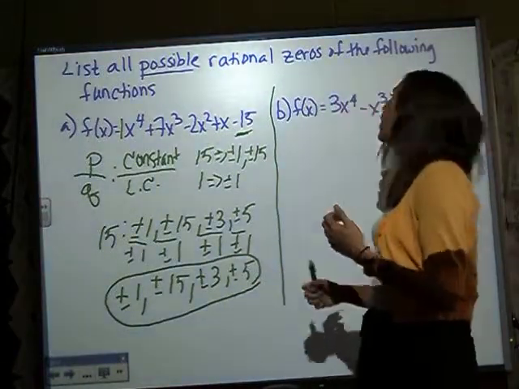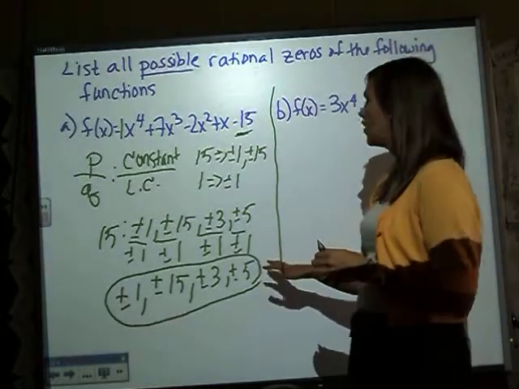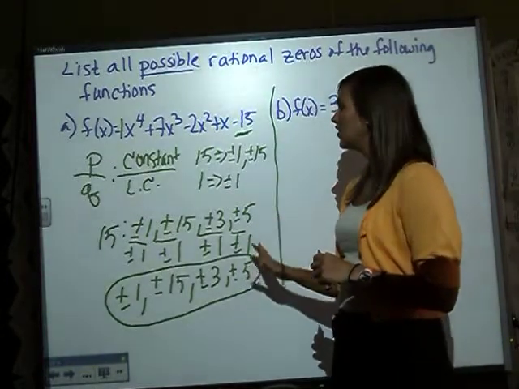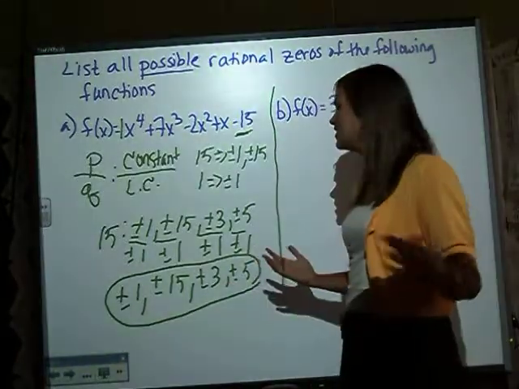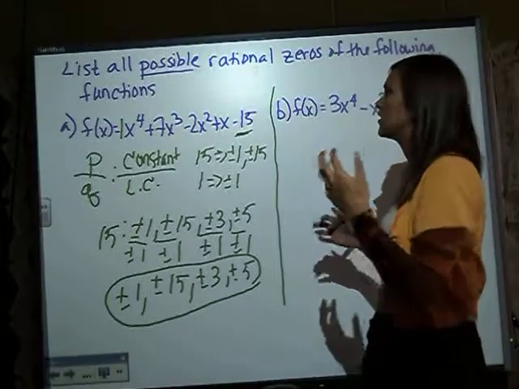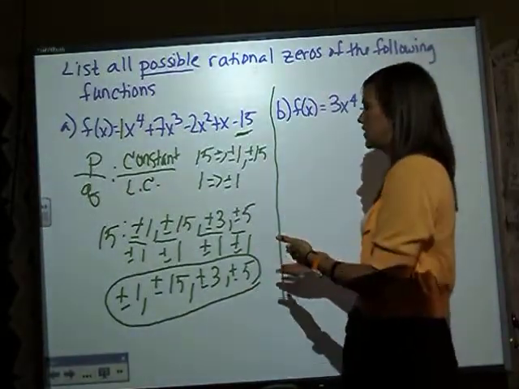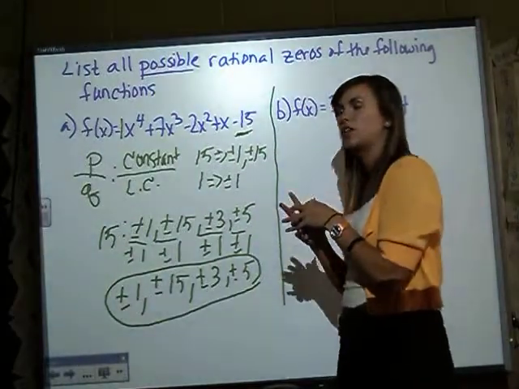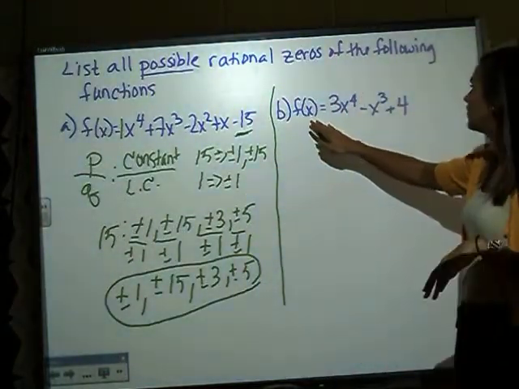Okay, those are all our possible rational zeros. So we have essentially narrowed down the field of rational zeros from infinite possibilities down to 8. Our chances of finding a rational zero by guessing and checking are now a lot better, because we've been able to use this theorem to help us narrow our search. Okay? Another example, here we have f of x equals 3